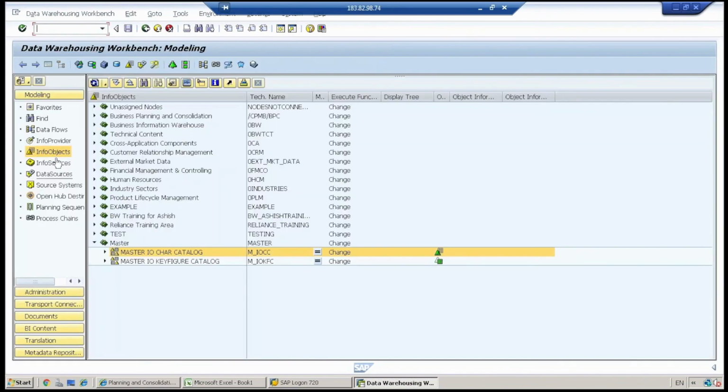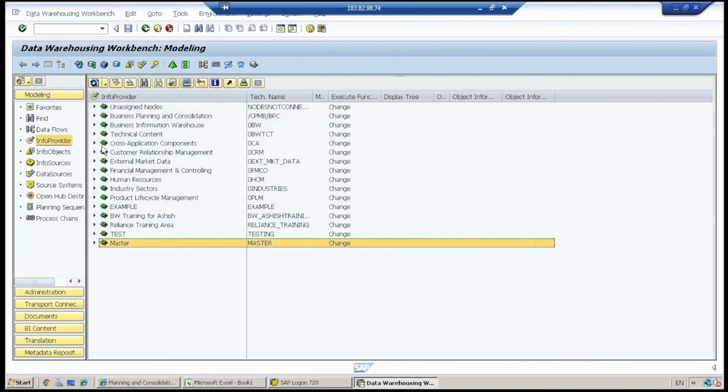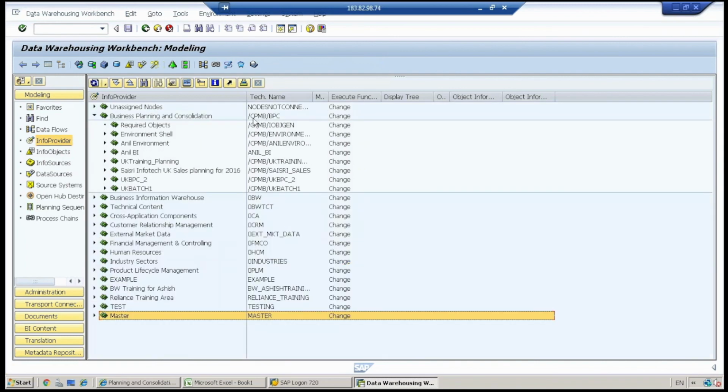Now if you see here, business planning, see here, CPMB BPC. So this is the namespace, or this is the info area for